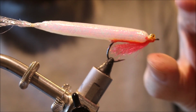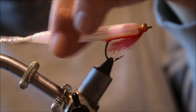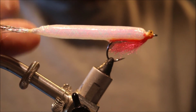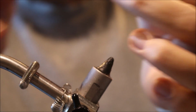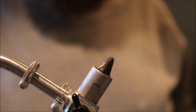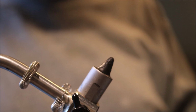I'm going to tie it in the sort of original or traditional version, and then I'll do another video later to show how I tie them for my fishing, which is a bit different. Really effective for Japanese sea bass and a range of other species. If you fish for predatory fish, they're probably worth a wee space in your box. But as I say, the original pattern can be improved quite a bit to make